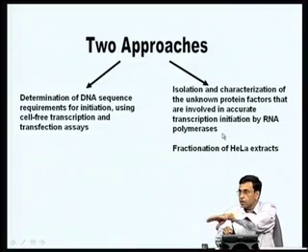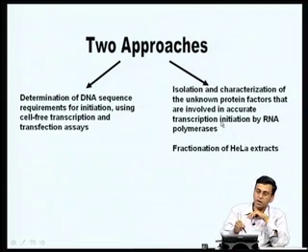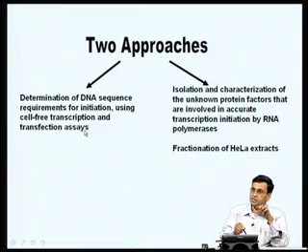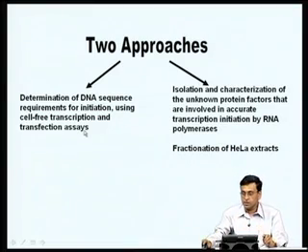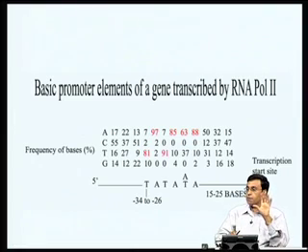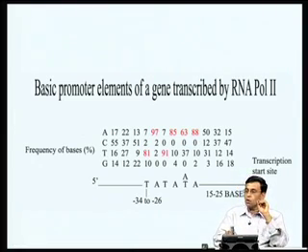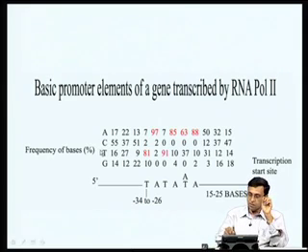was being carried out on one hand, and once they had all these purified RNA polymerases, they put this RNA polymerase in a cell-free system or in transfection assays and asked the question how these RNA polymerases are able to initiate transcription. Such studies gave a very important and interesting observation. It turns out when people started looking at the sequence of this promoter region, especially the region within about 50 base pairs from the transcription start site of eukaryotic promoters, they came up with a very interesting observation.